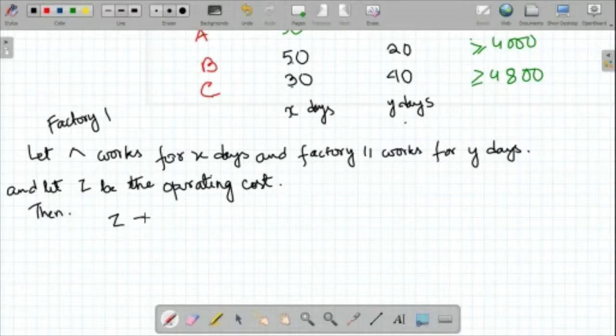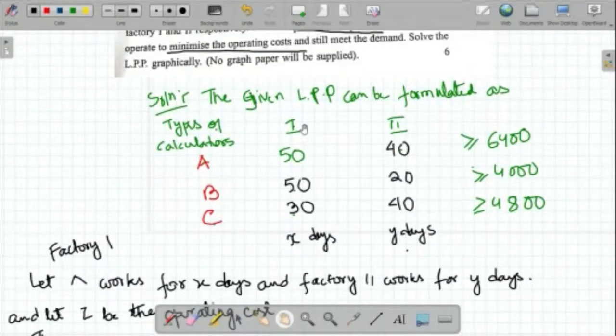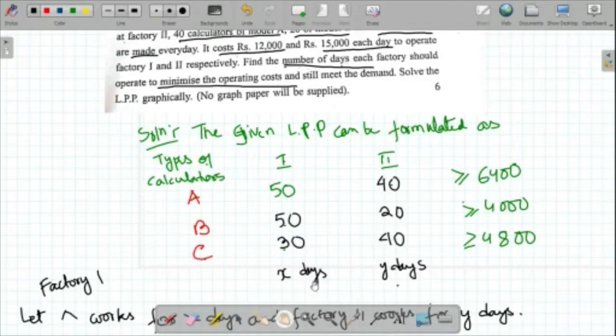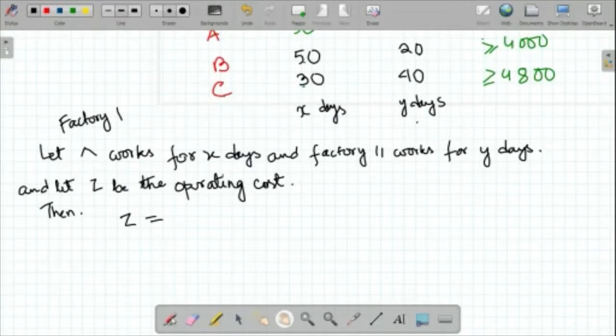Now factory 1 costs 12,000, but factory 1 works for X days, so the total for factory 1